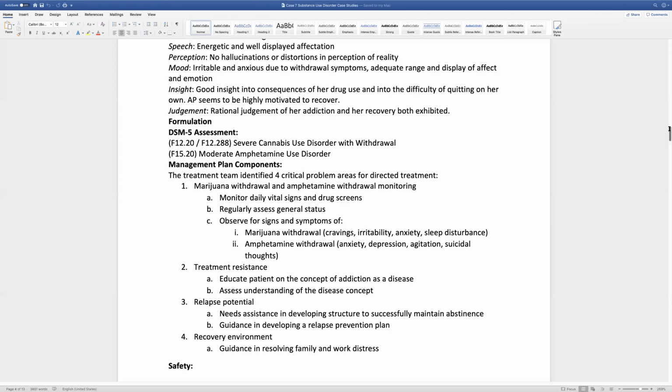Because this part of this management plan component that I'm showing y'all says regular assessment of general status. That's one of the things that we need to do. There is actually an evaluation tool that has to do not only with anxiety, but we also have one that actually has a shyness scale. I can't remember if it's Coleman. I used that a lot for several years.